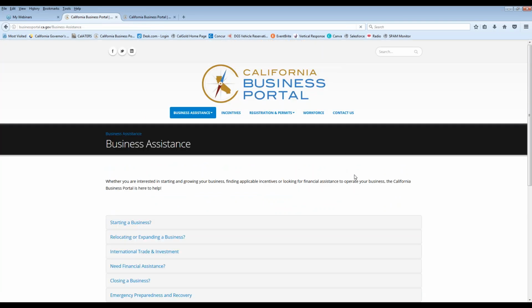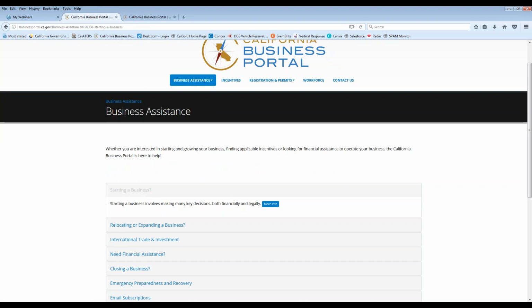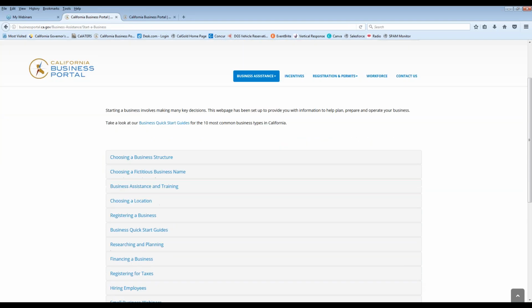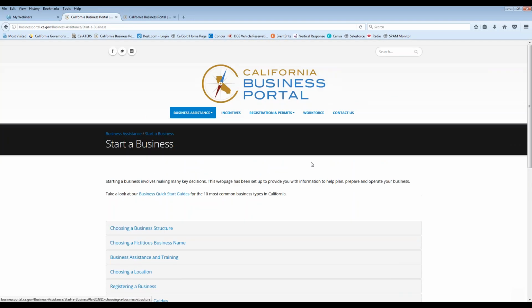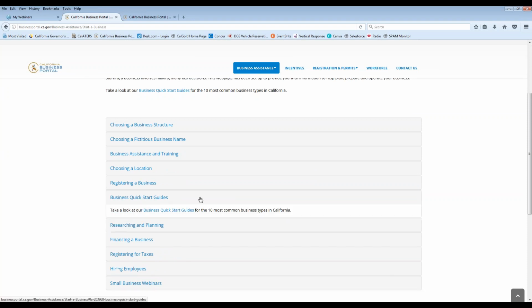Another resource was if you come down here to starting a business, there's all this information as well. So maybe you want to find more information about choosing a location and get more information, registering the business. This is another place that you can access those quick start guides,